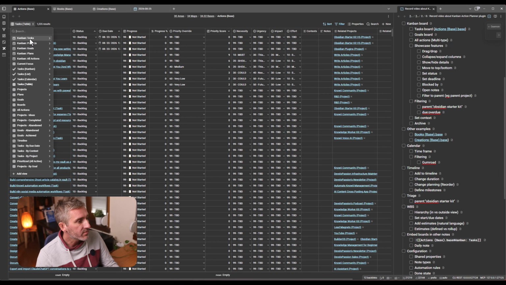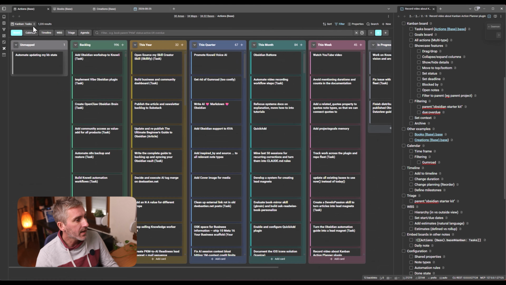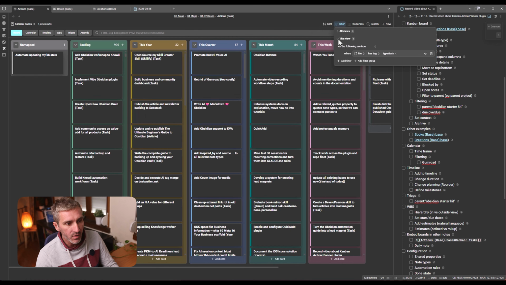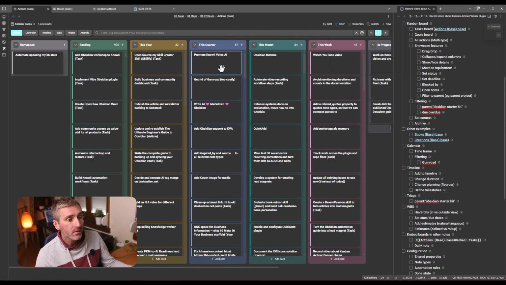But now, since I've built this plugin, I actually use this one, which is the plugin that I'm explaining today. Same concept. So here I'm filtering for tasks. And what you can see is that I have different columns. And those columns, they are not hard-coded. Actually, there's a configuration that says, okay, the nodes that are recognized as being task nodes,